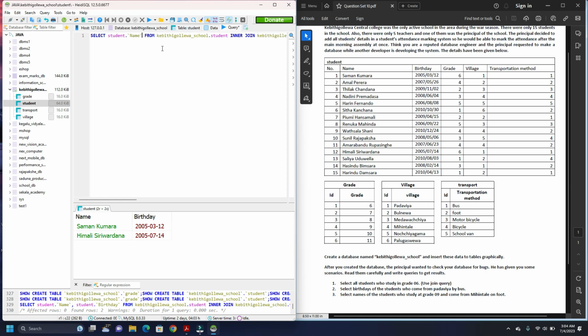So from capital level school.student have to be inner joined with capital level school.village and with capital level school.transport on